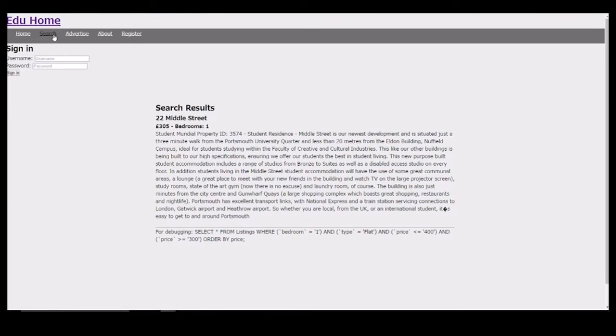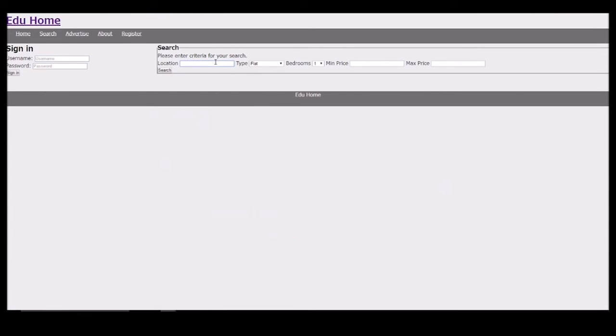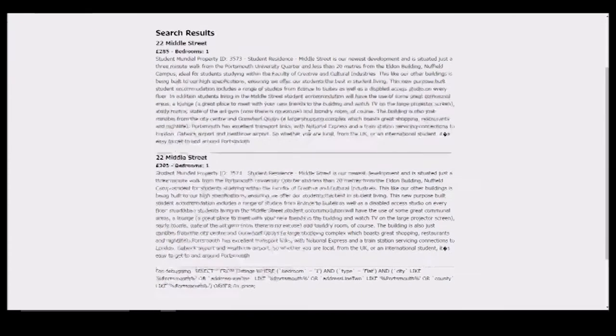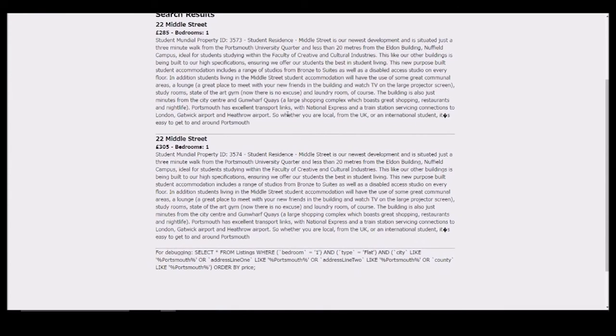In the system's current state, it is very simple in the way that data is returned. If we do Portsmouth again, we can see that we just have a line underneath to separate the entries, and then that's all we have. In the future, we would like to keep each entry a little bit smaller, have a picture there of the entry, and then when the user clicks that, they'll get taken to a new